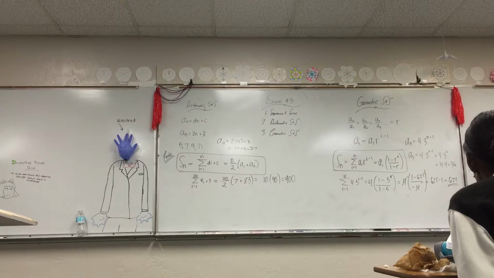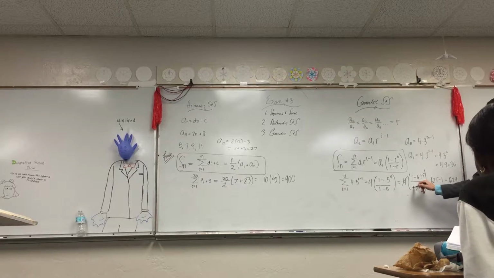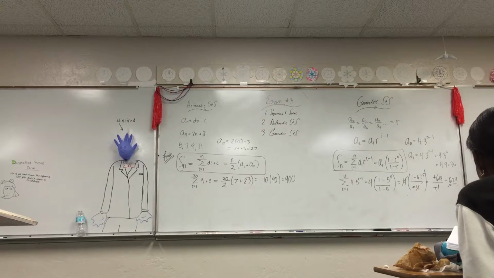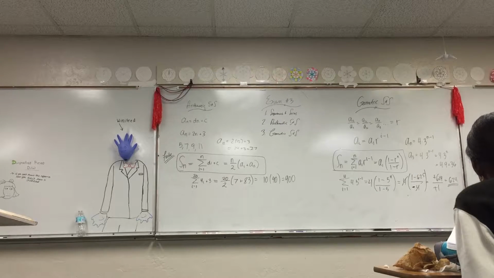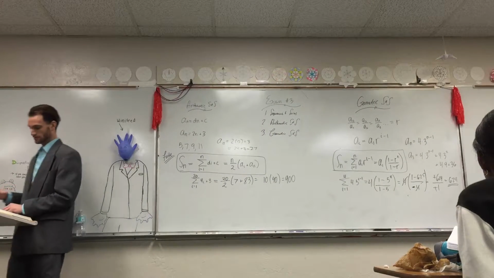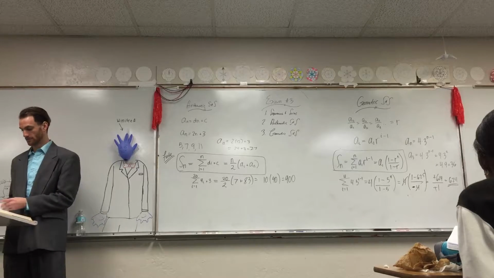Does that make sense? Isn't it 1 minus 625? It was 1 minus 625, but then there was a negative here, so I made it 625 minus 1. It would have been negative 624 over negative 1. That cancels and becomes positive. Okay? Those are basically the only things that you just have to remember. You're going to have to remember those. Okay? Well, actually, one more.